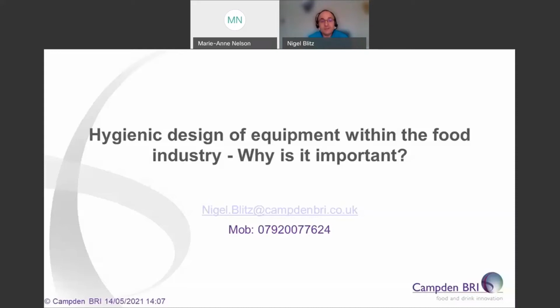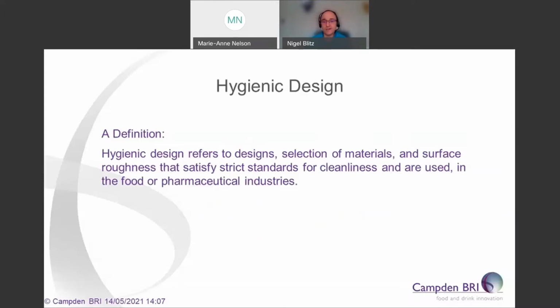Hello everyone. Today I'm going to talk to you about the hygienic design of equipment within the food industry and why it's important. And what is hygienic design? Well, according to EHEDG, which is the European Hygienic Engineering and Design Group, hygienic design refers to design, selection of materials